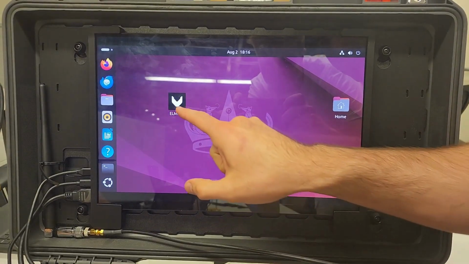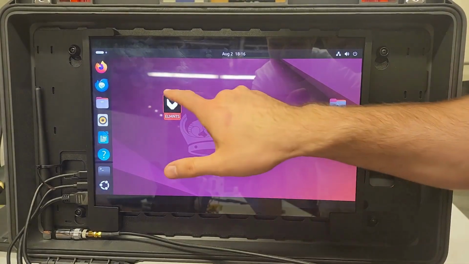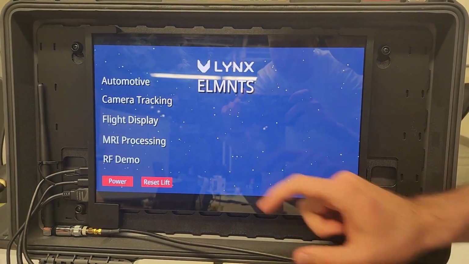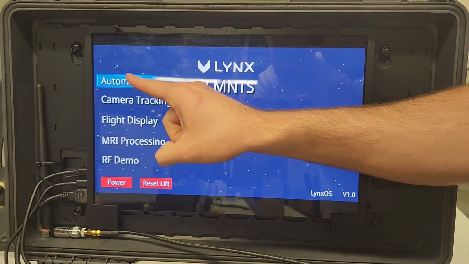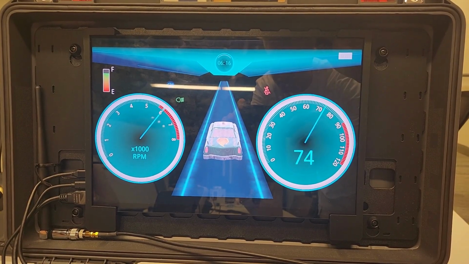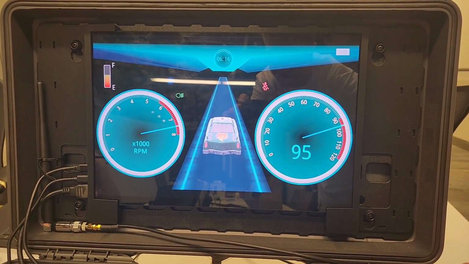Here we have our desktop where we can double click on our ELMNTS executable. This will take us into the main menu screen where we can pick any one of our demonstrations. We click on the automotive demo and that takes us to the car dashboard, which has a nice UI display